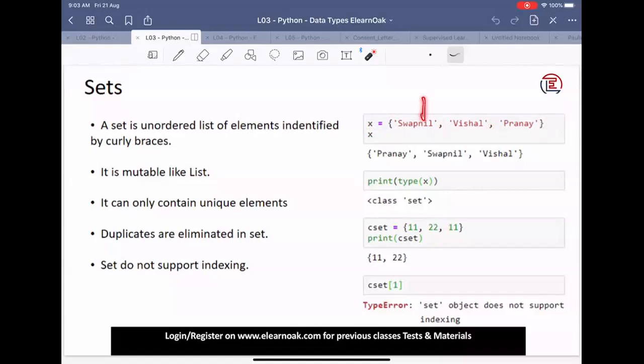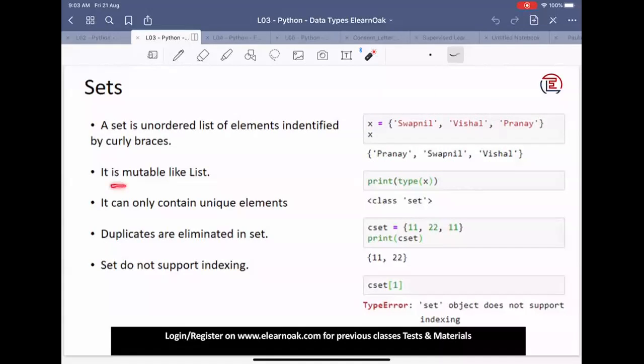In this case, I'm using strings as the elements. There are three names: Swapnil, Vishal, and Pranay, which become the three elements of our set. When we print the value of x here, we see that it prints Pranay, Swapnil, and Vishal. As I said earlier, the order is not what is stored when we create a set. It can be of any order.